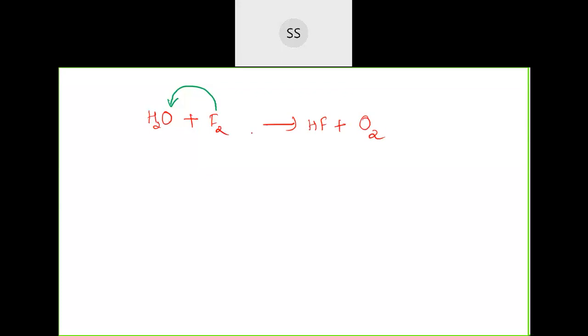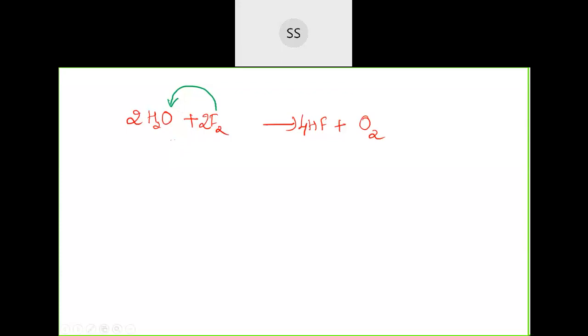You can balance this. If you balance this reaction, I have 2 oxygen here, so I'll get 2 H2O. Total 4 hydrogen, so let me multiply this by 4. So you get 2 F2. So this is the reaction. If you take water and pass fluorine gas through it, fluorine, being more electronegative, displaces the oxygen. So it is just a concept of who is more reactive. The more reactive one displaces the less reactive one. That's it. Okay, so this is another example of a displacement reaction.